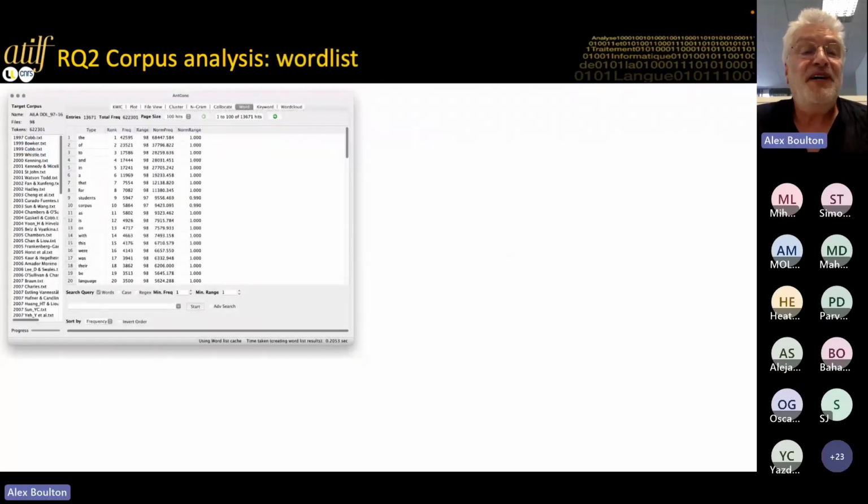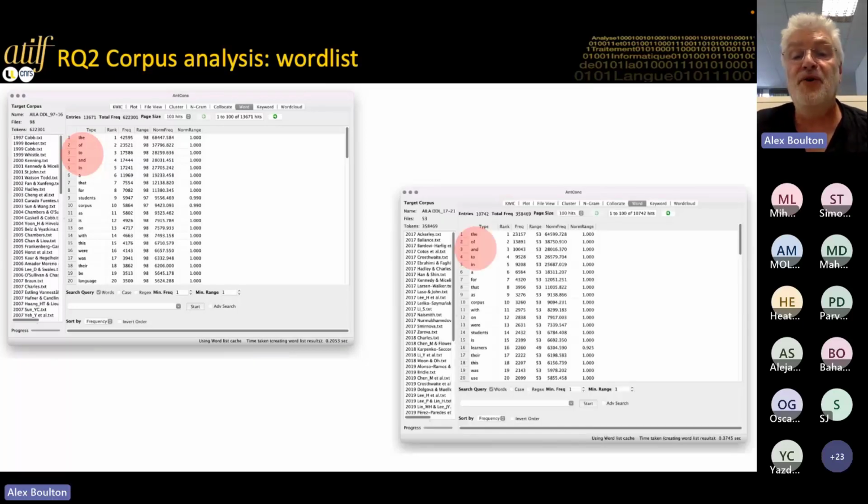Carrying on quickly. So the first thing that you can do when you have a corpus is to create a word list. So this shows you the most frequent words which occur in your corpus. So in the next few slides, all the time on the left, you can see the old period, 97 to 2016. And when I show you one on the right, you'll see it's the more recent, the last 5 years. So the most frequent words that we've got in the old periods are the, of, to, and in. And in the most recent period, we have the, of, and to, in. Same words, different order. Okay, not very revealing.